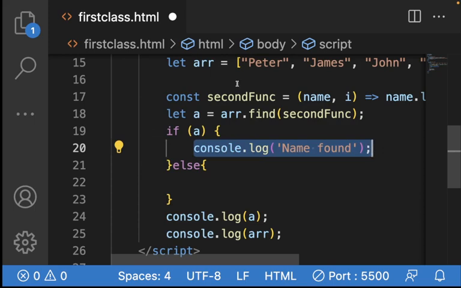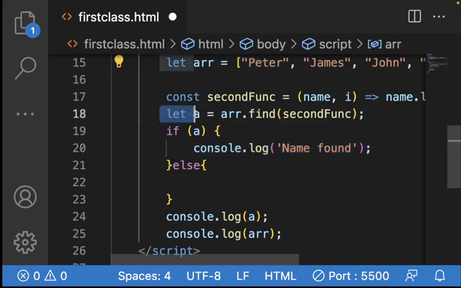But let's assume none of them meets the condition. A will be undefined. So if you now say if undefined, undefined is falsy,